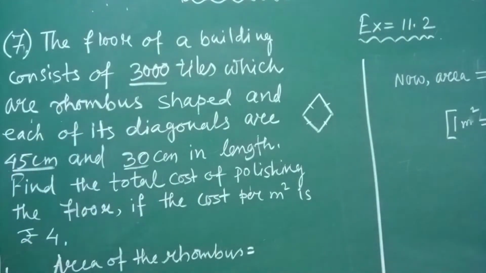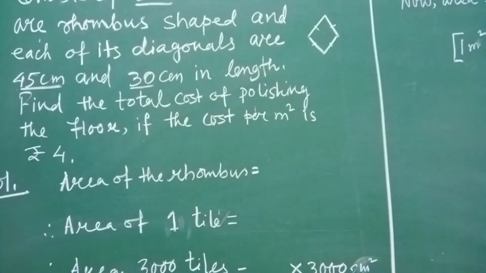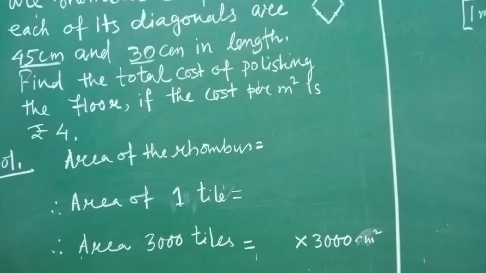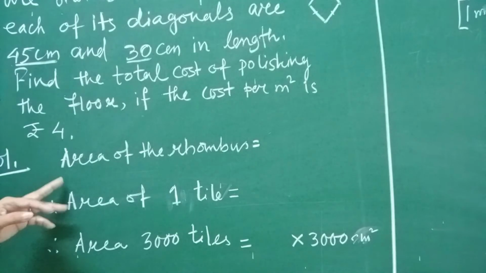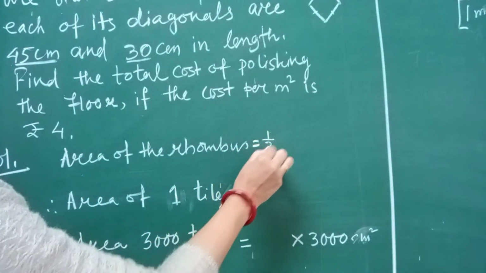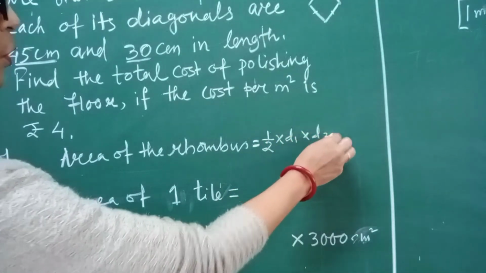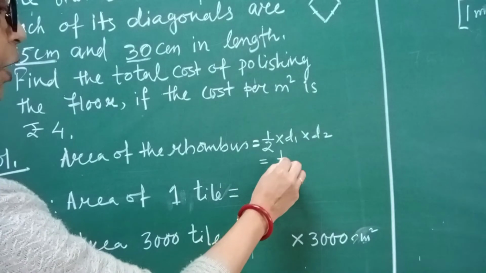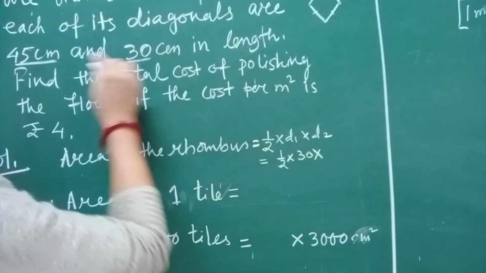First of all, you have to find the total area of the floor where all the tiles are rhombus in shape, and if you find the area of one tile, then it will be easy for you to find the area of 3000 tiles. So first of all, area of the rhombus is equal to half into D1 into D2, where D1 and D2 you know: half into 30 into 45